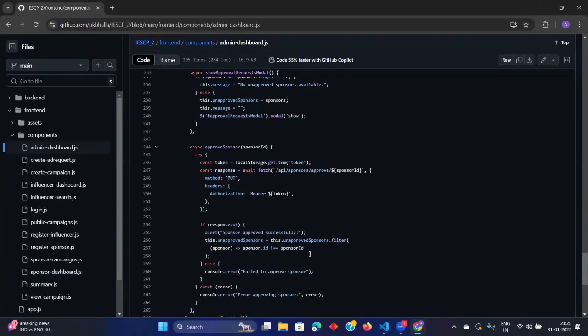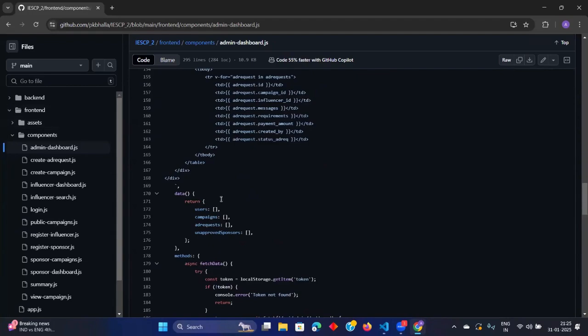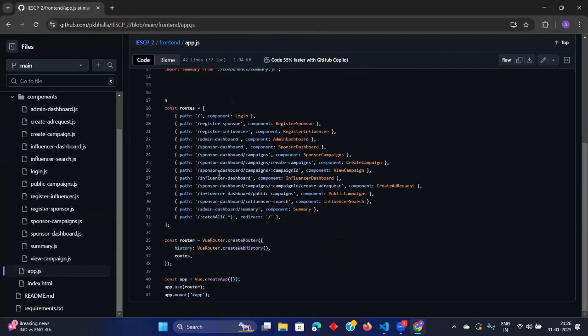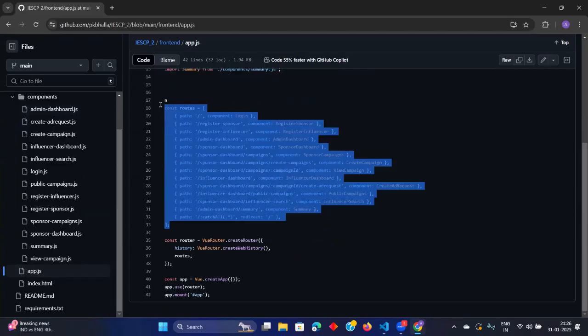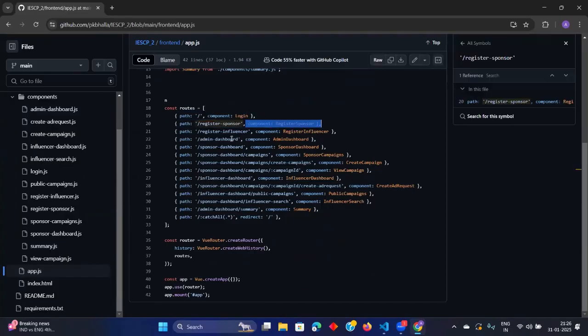When we create that thing using Vue, the file gets directly connected to our app. If I go to my app.js, in this I am creating these routes. I'm importing these routes and saying that on this path, go to this component, and all these things. I can also do these things in just one file.